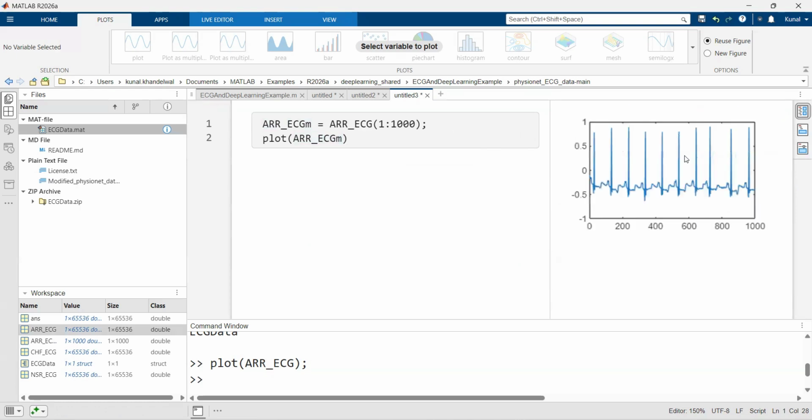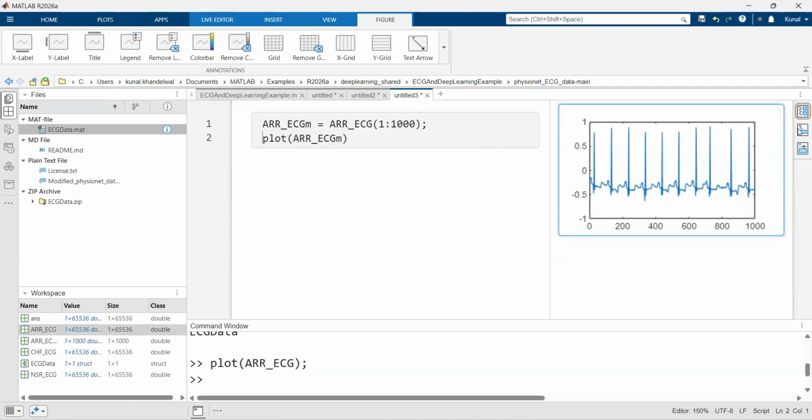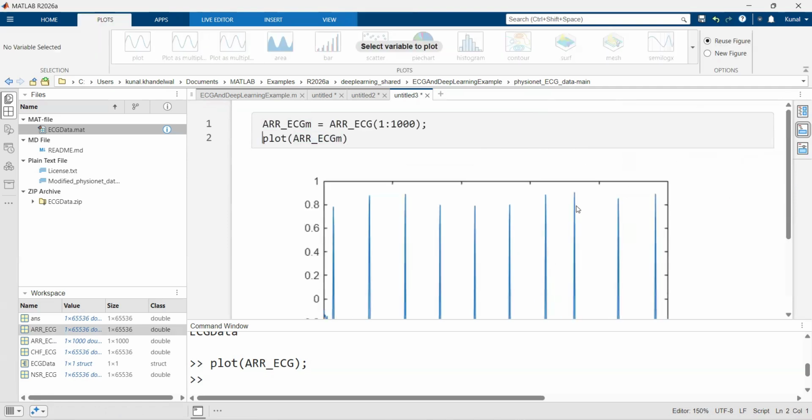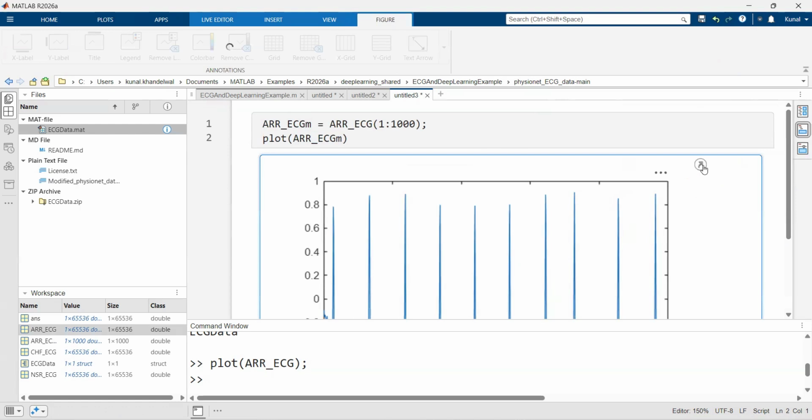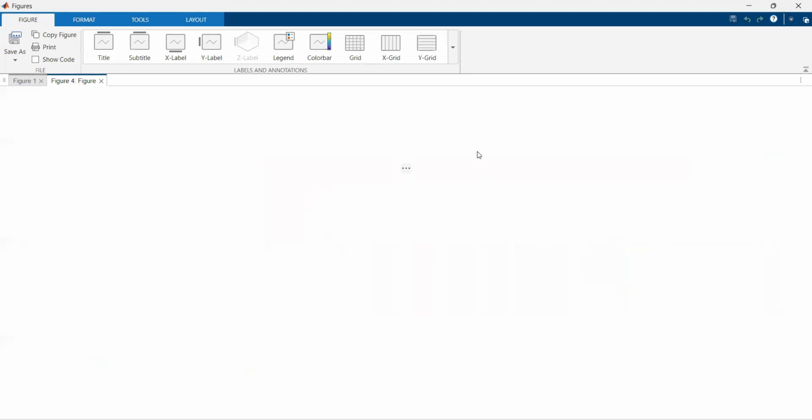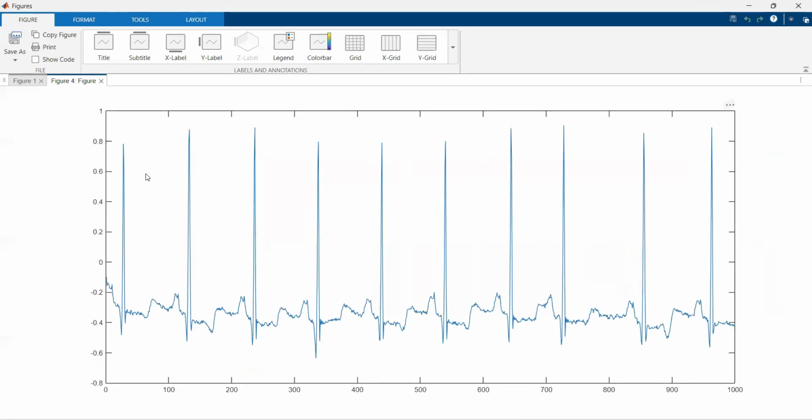So this is just to show you. Okay, now let's try and arrange it. Let's try to open this in the figure window. Now I could see there seems to be something like P, Q, R, S,